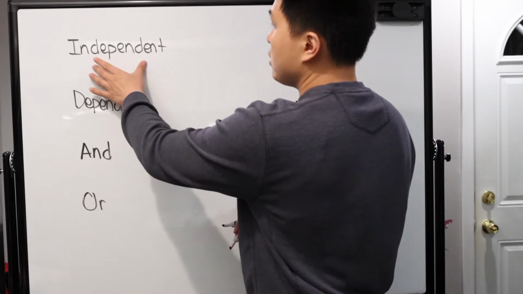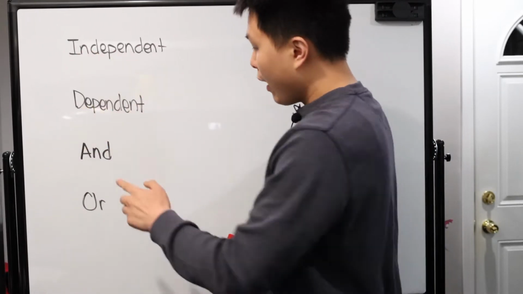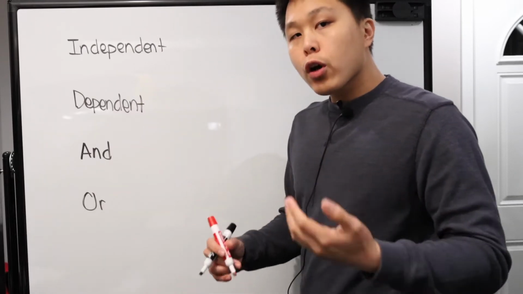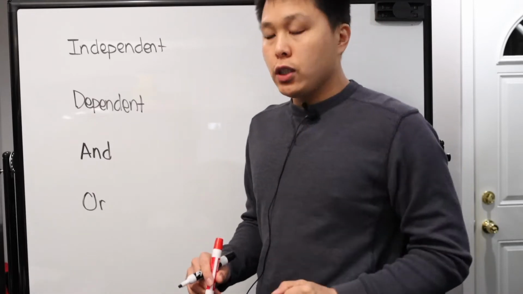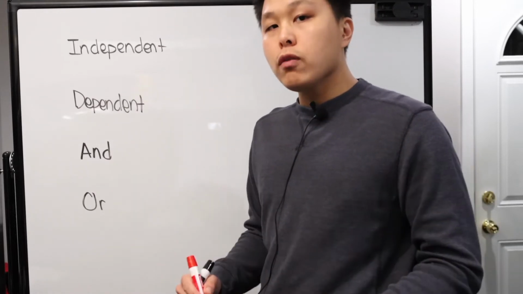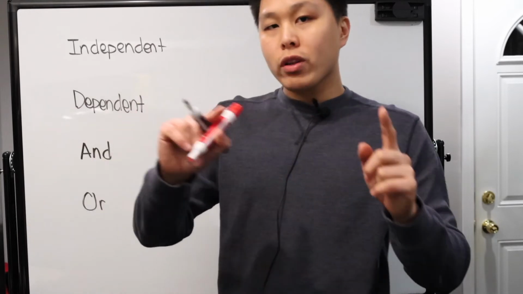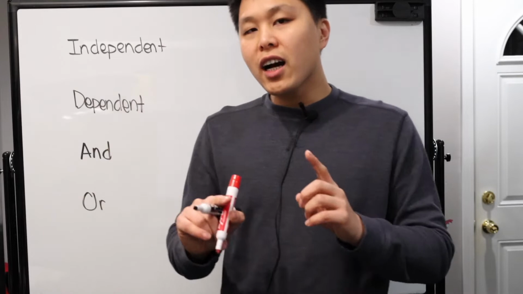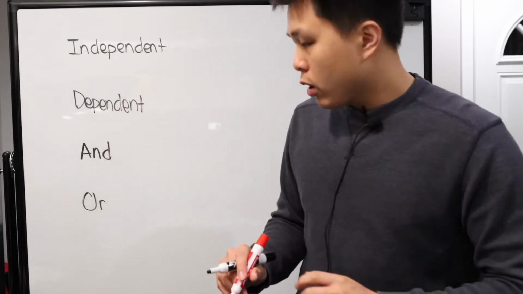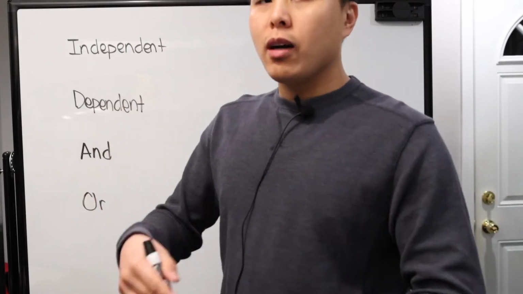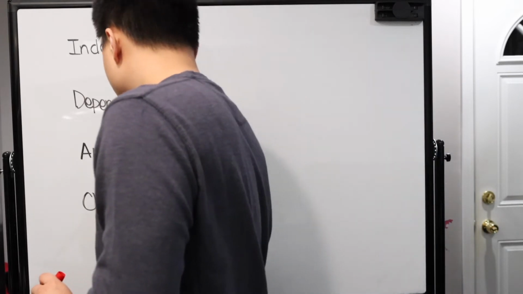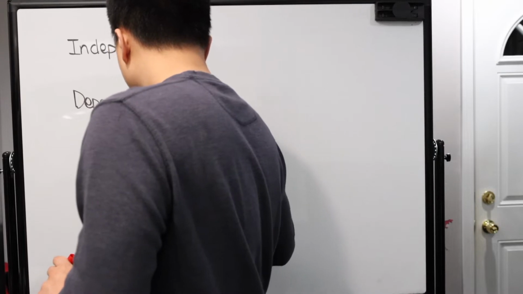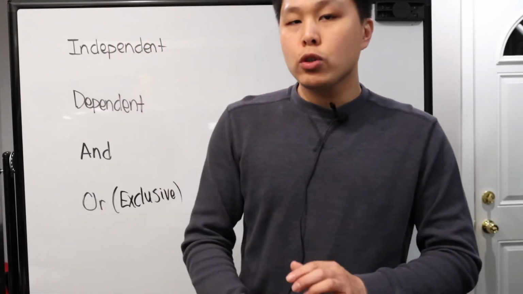We have independent situation, dependent situation, and situation "and" or situation "or". Now, there are situations where "or" actually differentiates between 2 different ors. There's the inclusive or, which is one or the other or both, right? That's the inclusive or. The other one is exclusive or, and that's actually, I want to say, a majority of the situations that you will end up seeing. So to think of exclusive or